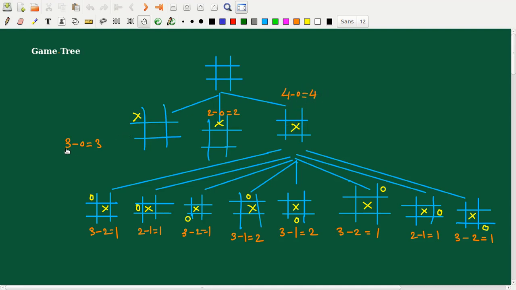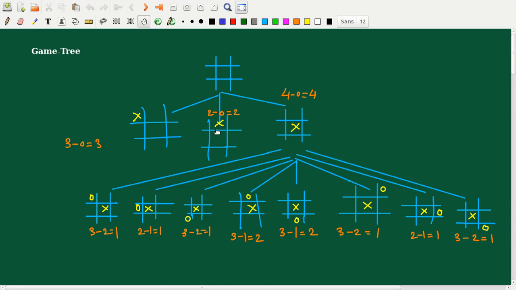If we take into consideration the player with the sign X, it has 3 chances of winning. Its opponent is still to play, so it has 0 chances of winning. So now I am getting a heuristic value, that is the chances of winning of the player having the cross sign. That is 3.